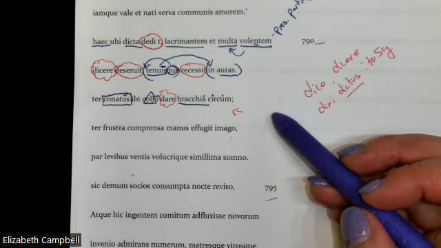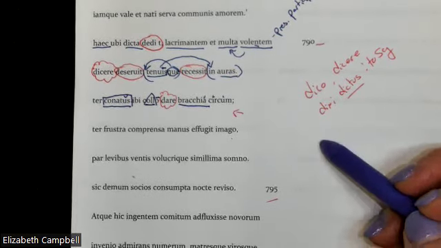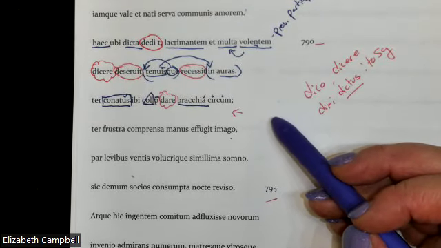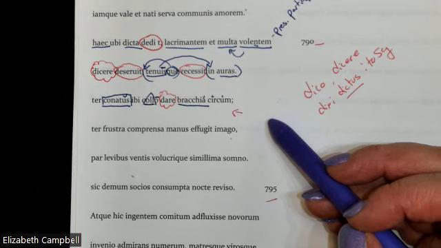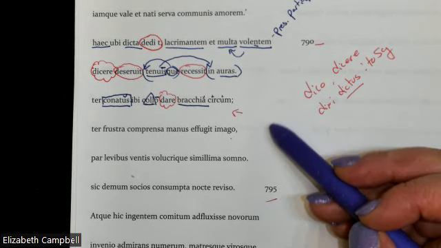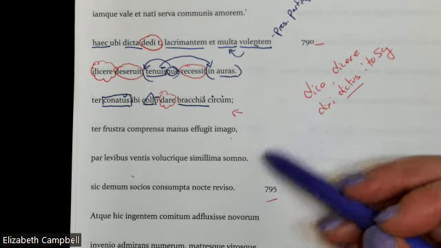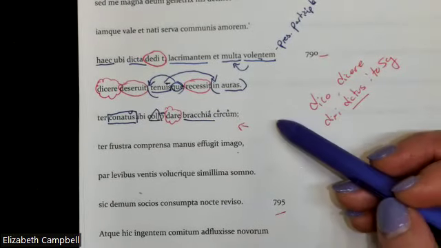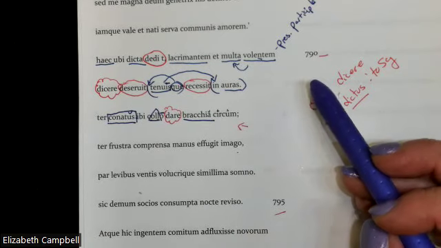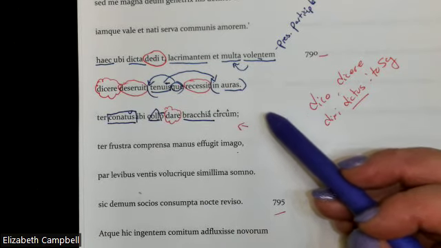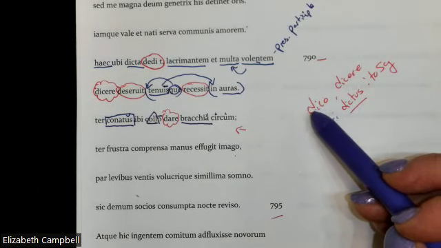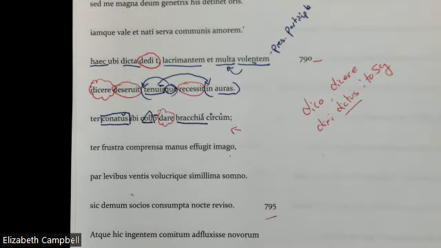I would encourage all of you to try and do markups on your own before you catch them from me, even if it's just to correct your mistakes, etc. Because it's part of translating and it's understanding how they work. Eventually, if you keep at this, you're not going to have to do the full markups. Eventually, you only have to mark up every now and then just to remind yourself, oh, wait, that's an ablative. Oh, wait, that's that. But using these markups and reminding you how to work your way through the line is going to be critical. All right, I'm going to stop that here, and then I'll come back with a translation.